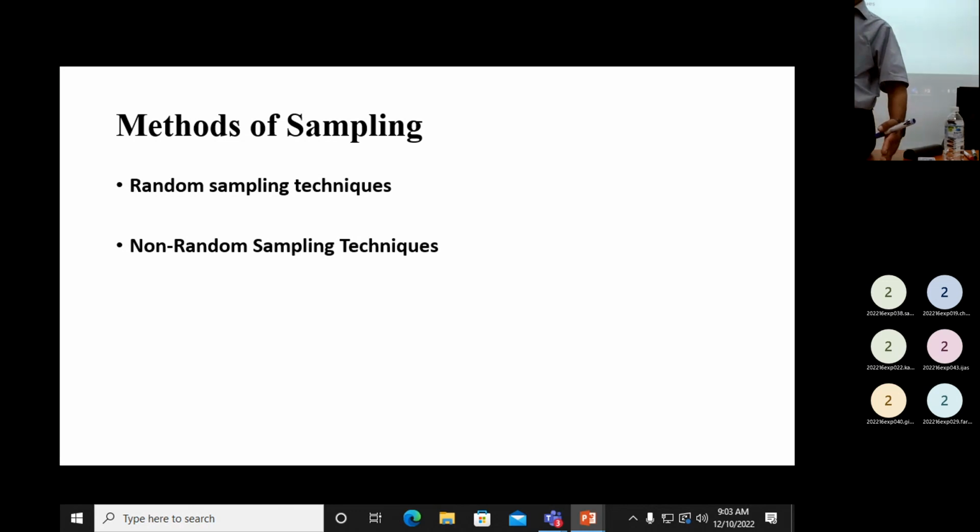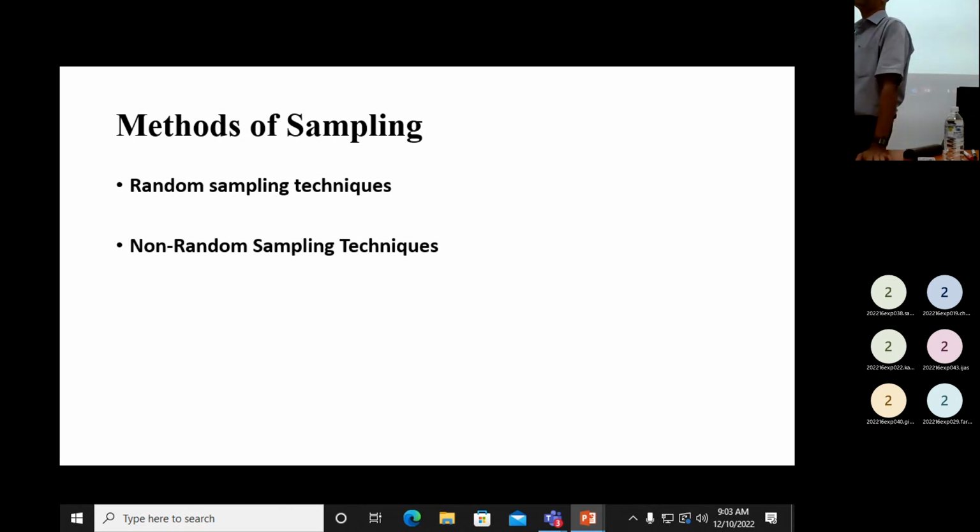When you do your research, you want to explain in the methodology chapter what type of sampling technique you apply. Random sampling technique or non-random sampling technique. What is meant by random sampling technique